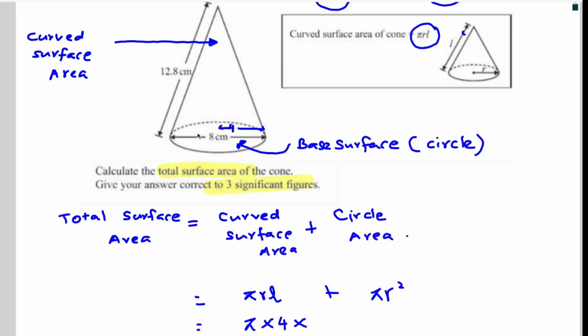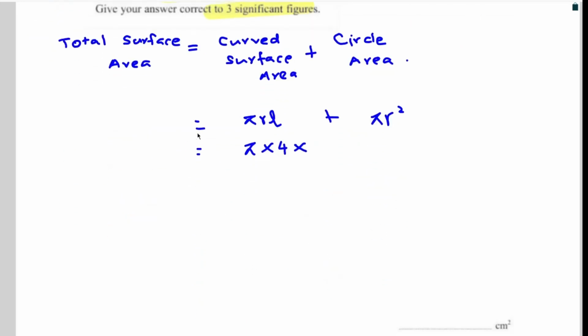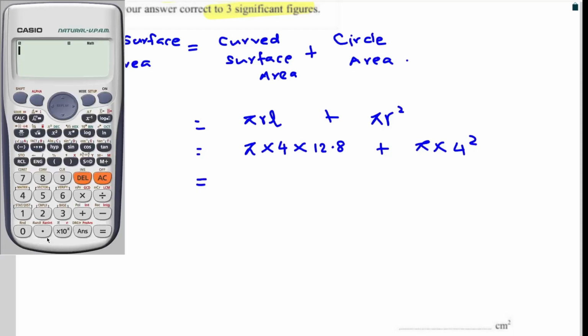L is 12.8. Plus pi r squared, which is again 4 squared. Pi into 4 into 12.8